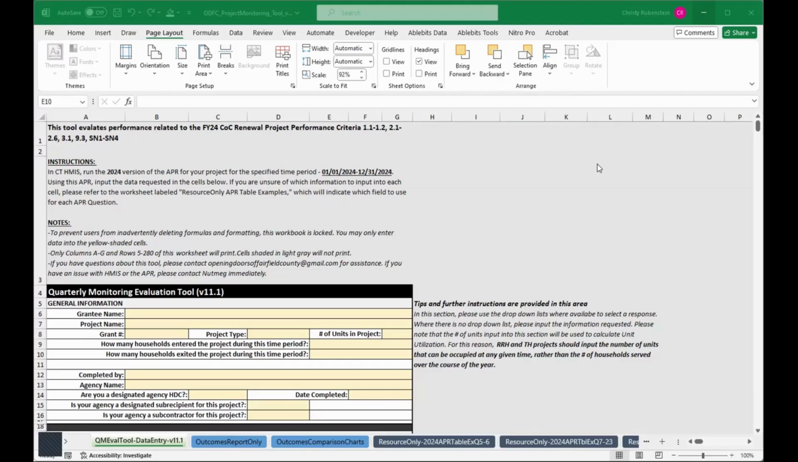And welcome to this video, which will provide an overview of the ODFC Project Monitoring Tool workbook. As you can see, I have already opened the workbook, and I'm going to go first to the main worksheet, which is called QM Eval Tool Data Entry, and we'll have a number version listed as well. For this video, I am using version 11.1, but you may be using a newer version. That's okay, since we typically make small changes over time, but the tool itself is pretty consistent in terms of